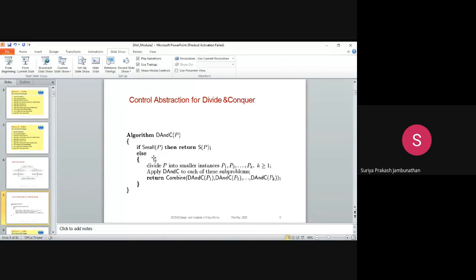That is what they are explaining in the if condition. Else, if you are having multiple elements, if the size of n is 6, or more than 7, as we saw in the last example, then we have to go for divide and conquer. So what we are doing is dividing P into smaller instances: P1, P2, Pk, where k is greater than or equal to 1. We are applying the n divided by 2 formula and splitting the entire list into smaller, individual instances. That comes under the dividing way.